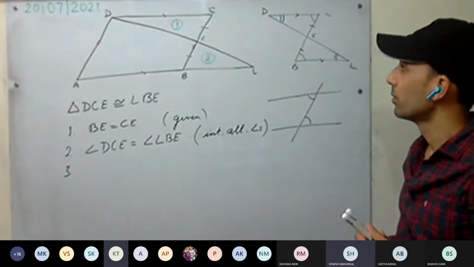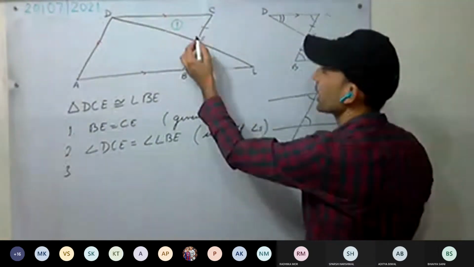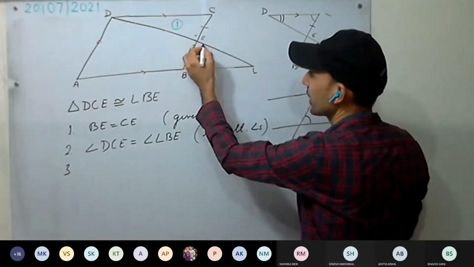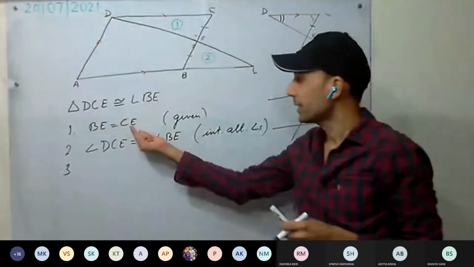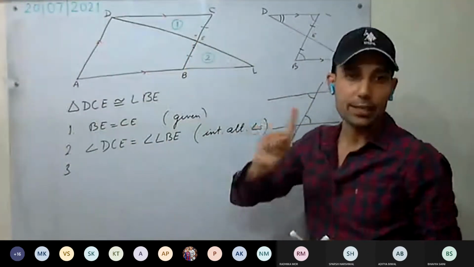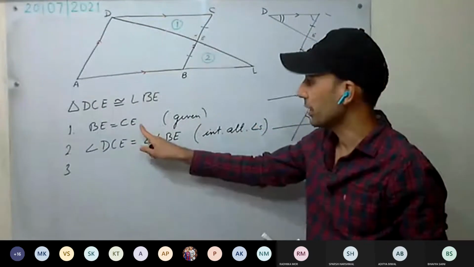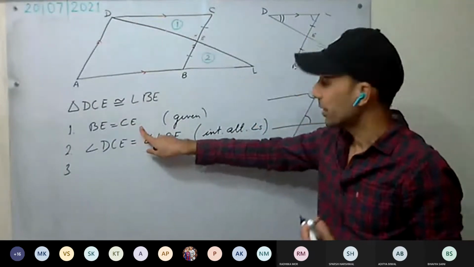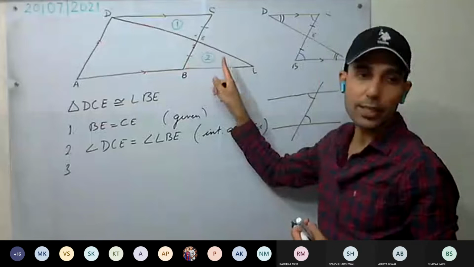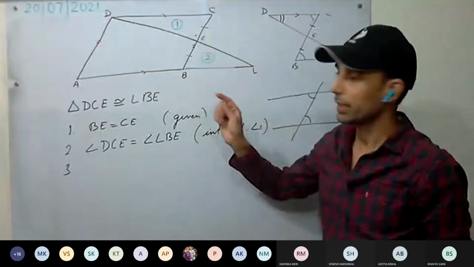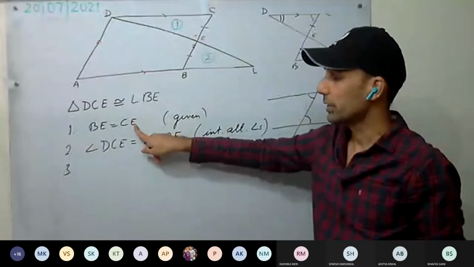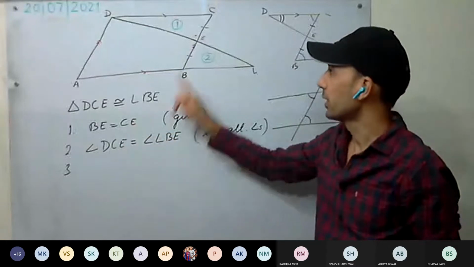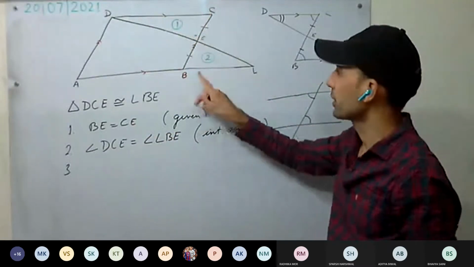Vertically opposite angles as well. You can take this angle and these two angles. This side we have taken already. One side is required in congruency. We have already taken it. Either we can take the remaining two sides, but that is not possible here, it is not provided. So we have to check for the angles. One side we have taken, two more angles we require. A side is not possible, it is not given.